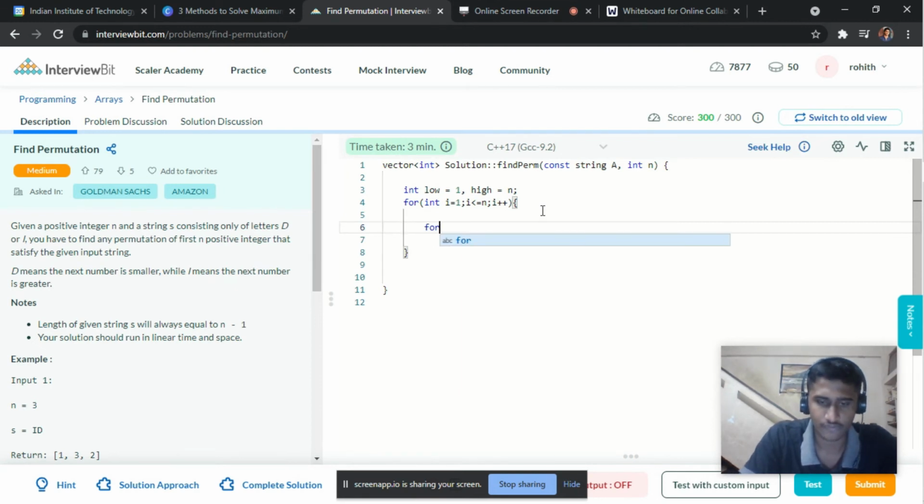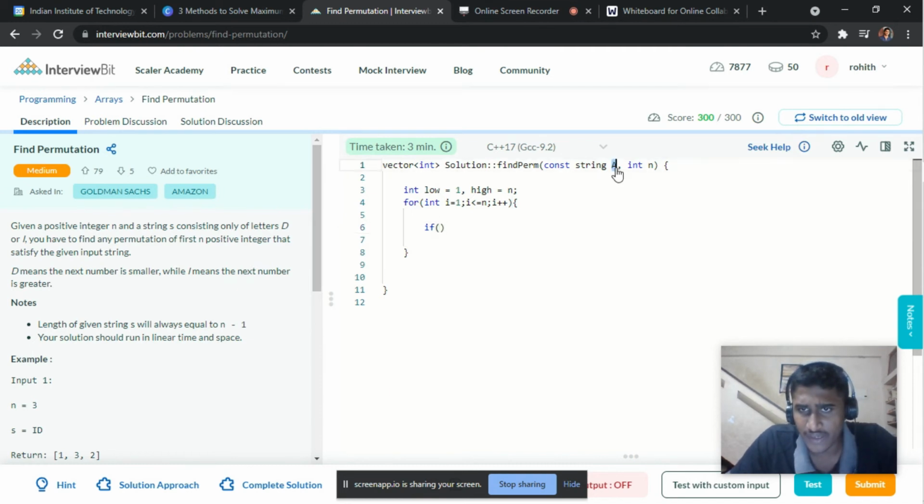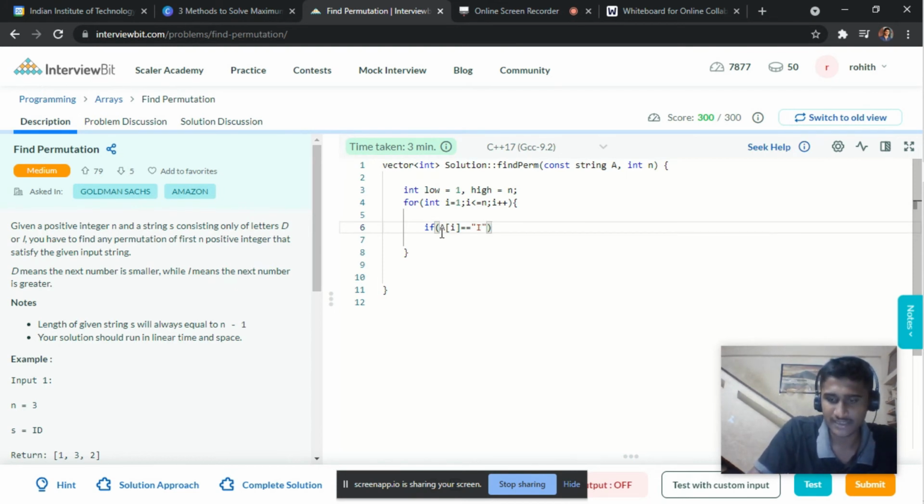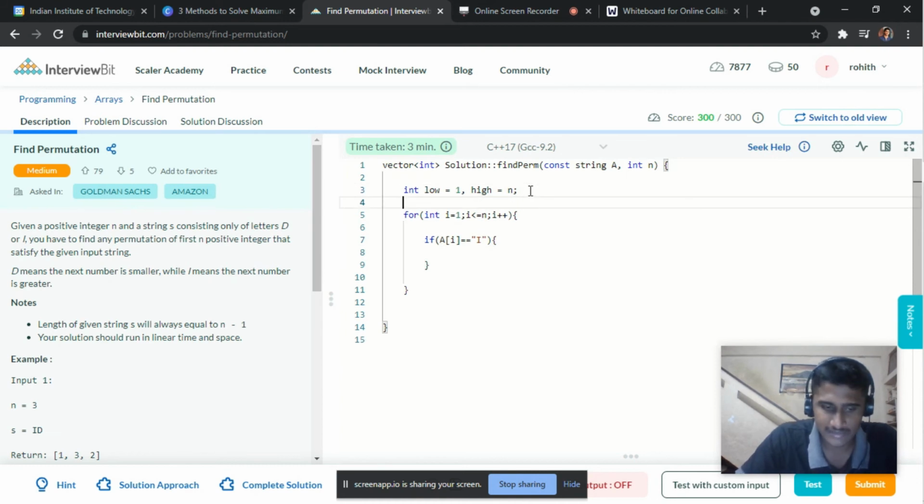Here we are going to put an if case. If a of i equals I, then we must assign the least element. So let us declare a result vector, a dynamic array.